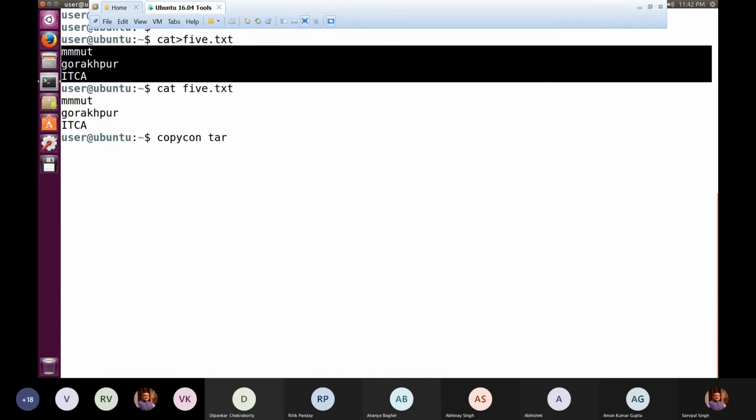So actually con stands for console, that is again an input. So when you type copycon and some file name and you press enter, the cursor comes to the next line, and it behaves in the same way as we have seen in case of cat. And now you can type some contents. This you can practice in Windows in the command mode.